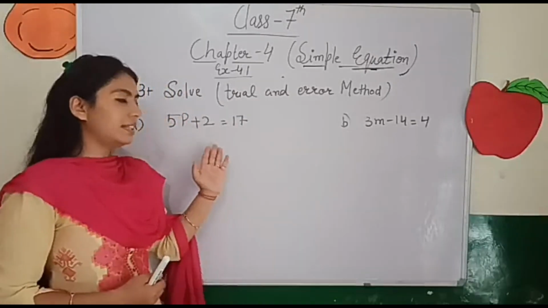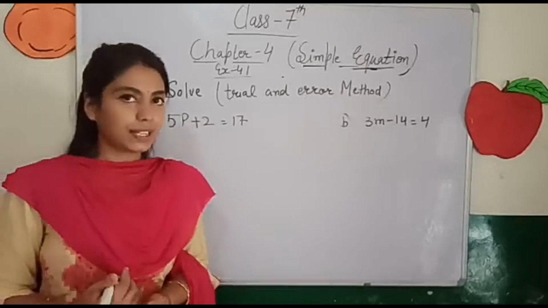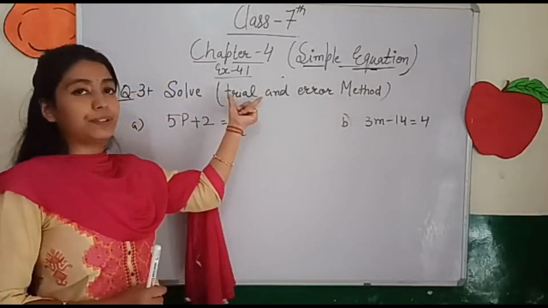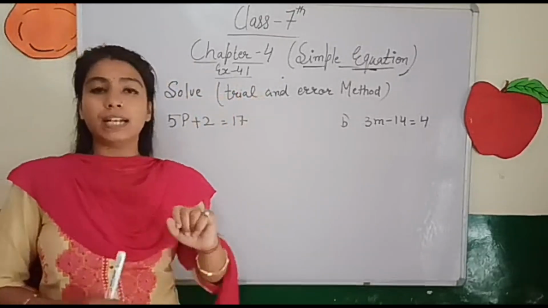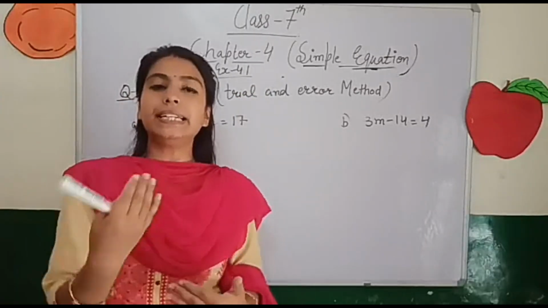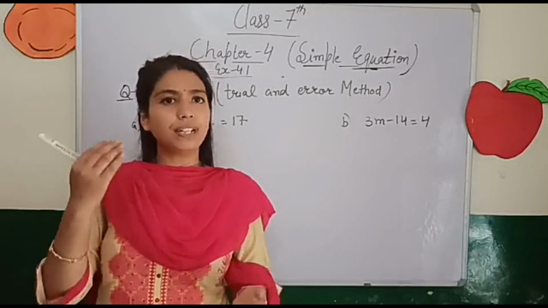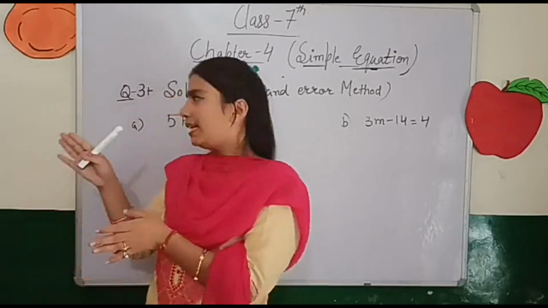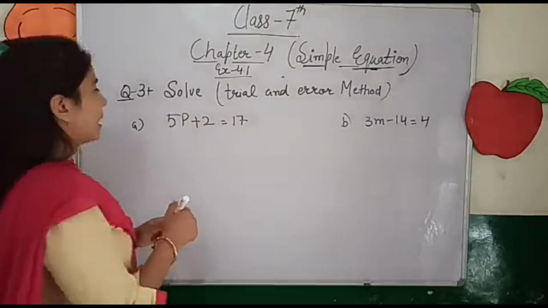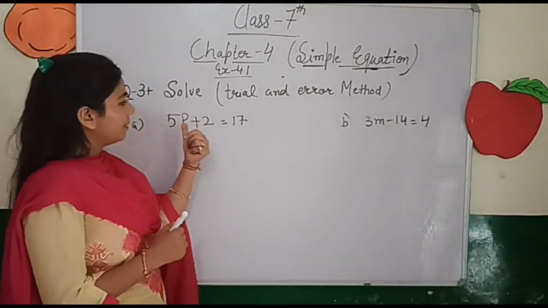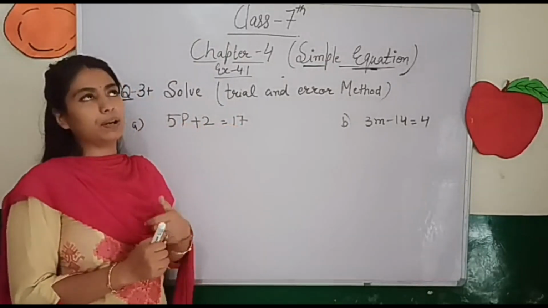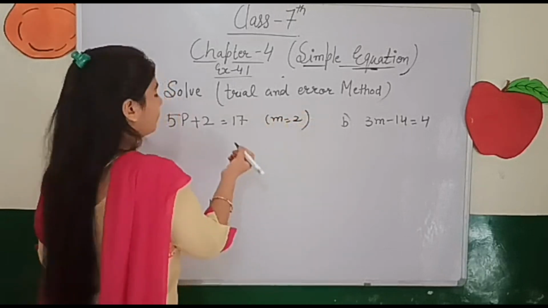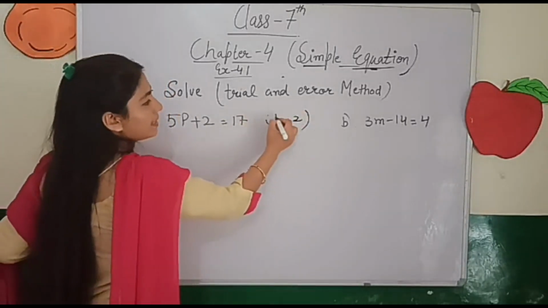How will you solve this question? And you need to solve it. Think about it. You will do the trial and error method, means hit and trial method. By yourself you directly take any value of p, and think it is supposed to be the solution for this term. Suppose I am going to take for p, see, 5 plus 2, 17 should come out. So suppose I am going to take p is equal to 2.